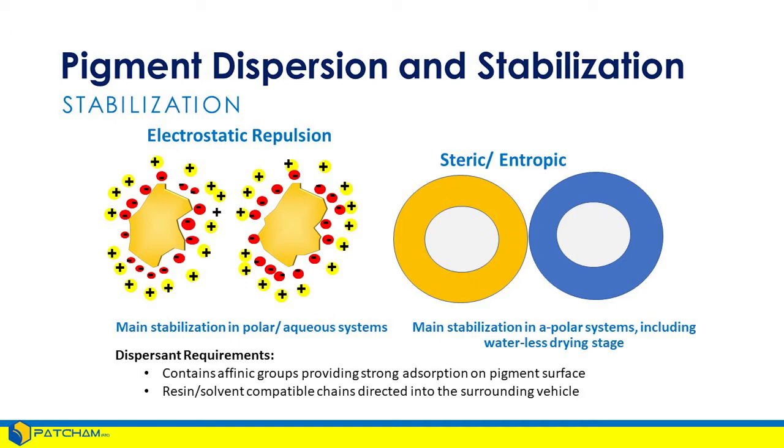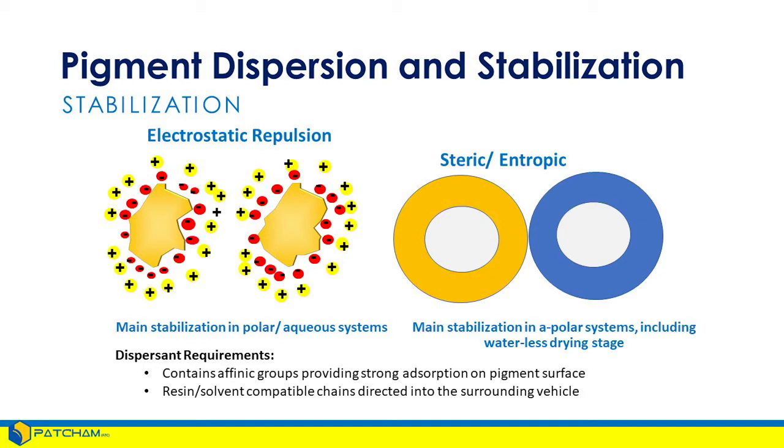Now, we all know that as charged materials are brought closer and closer together, when they get close enough, there's a repulsion force, like magnets. When you put the same poles together and bring them close enough, there's a pushing force between them. So when you bring these particles close enough, these same surface charges set up a repulsion force to prevent actual pigment particle contact. And that's what prevents flocculation.